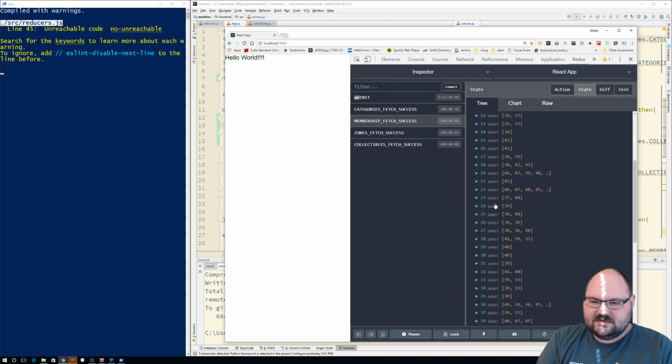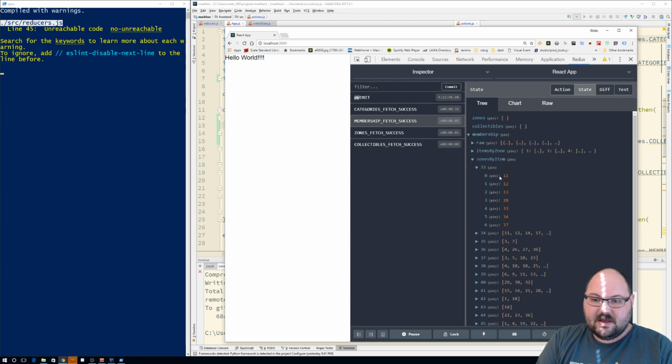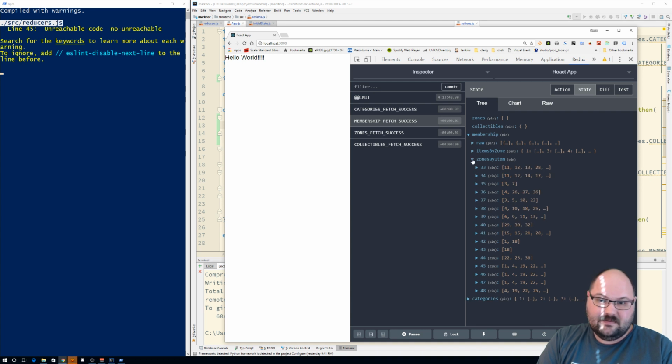Do I really want to check this? There's a 33. There's a 33. There's a 33. 14 should not have a 33 in there. Okay. Well, I'm not going to check this exhaustively. It may become apparent once we start rendering stuff in the UI that something's wrong here, but